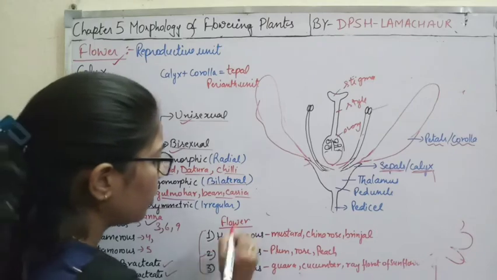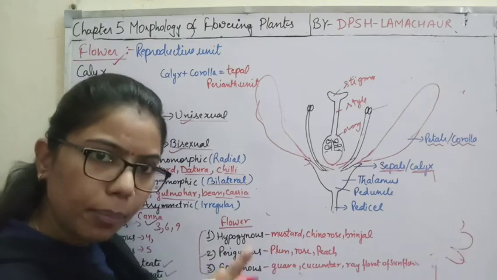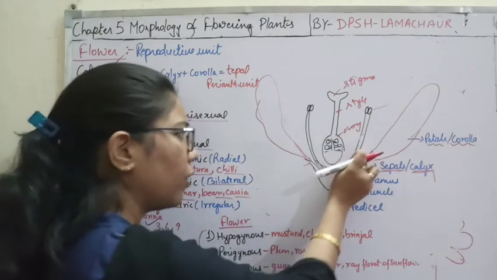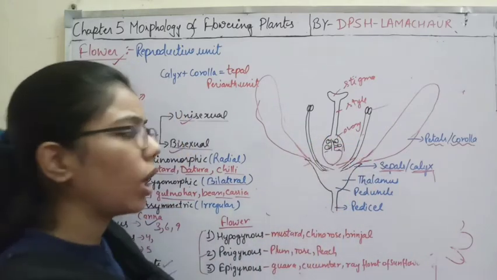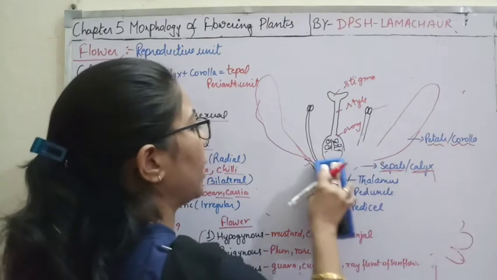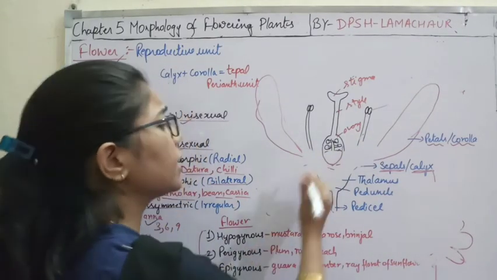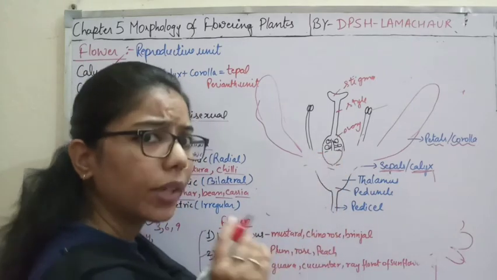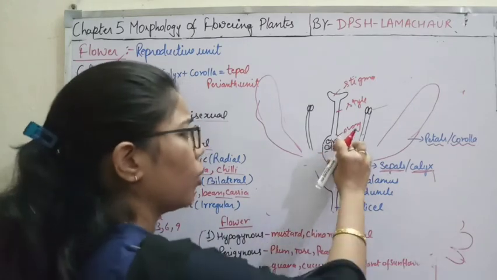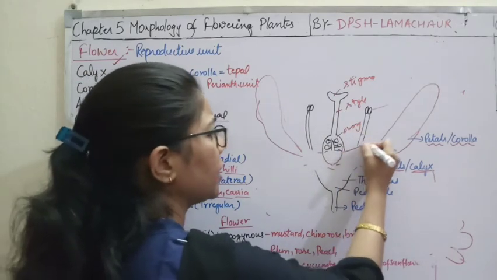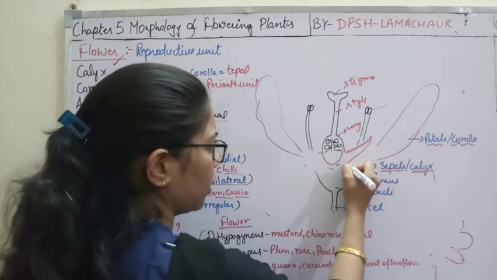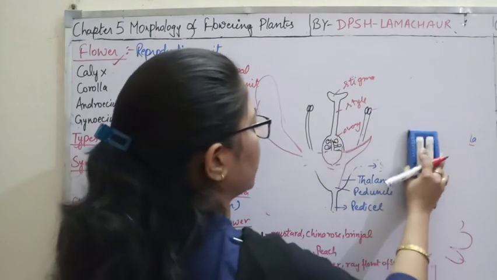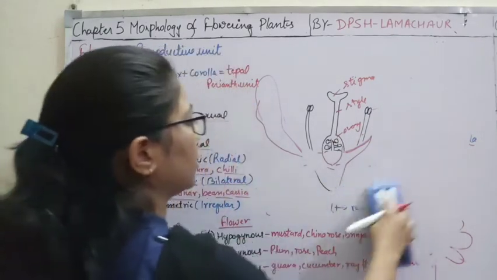Now if we talk about perigynous, peri means at the peripheral end. So every structure is present at the periphery of the gynoecium. How will we change this structure in the case of perigynous? It means that somehow the ovary will be half inferior. In the first case, the ovary was superior, but here the thalamus will arise from this part. So I am rubbing all these things here, then only I can draw it.